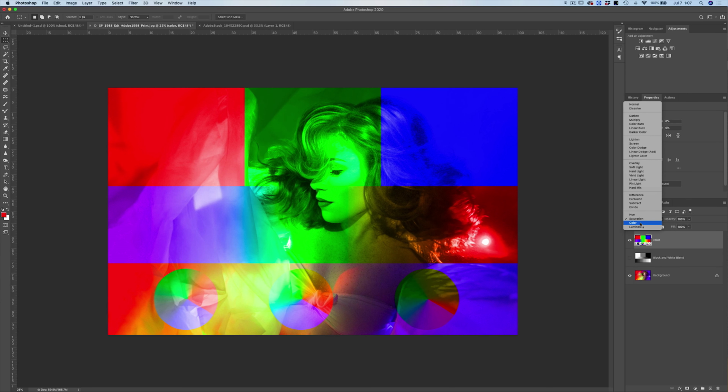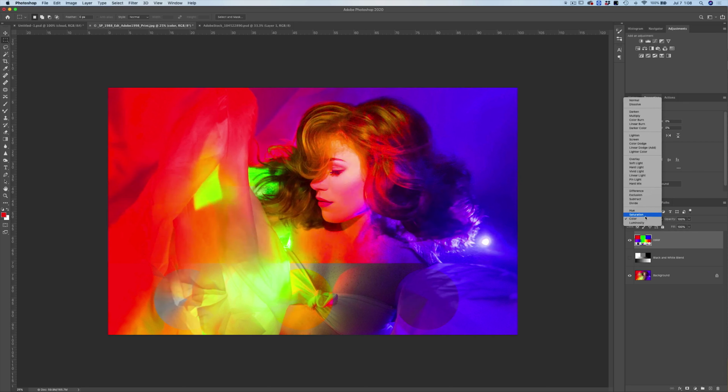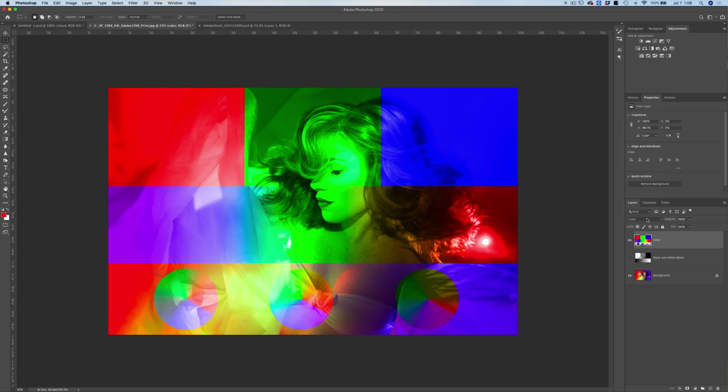So from saturation to color. Color is the next blend mode that we have. And what color does is it's very similar to hue, but instead of colorizing the underlying image, what it's going to do is it's going to look at the saturation value of the background layer while it's deciding how much of the color of our top layer to apply.